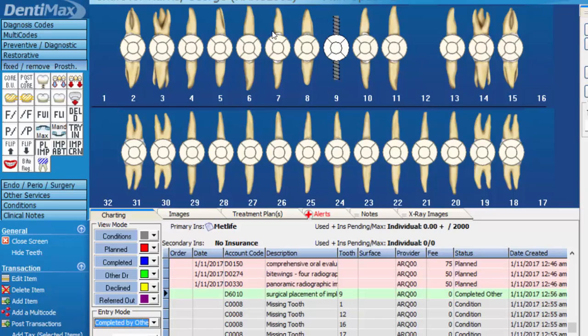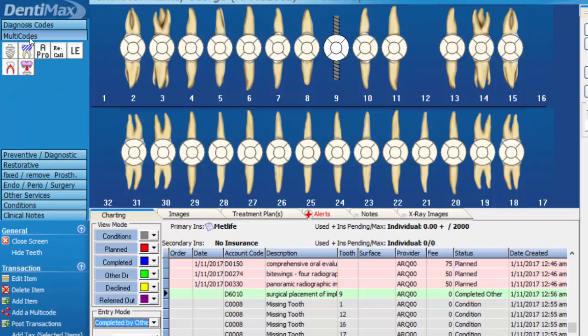Let's suppose, for example, the patient also has an existing root canal, post and core buildup, and crown on tooth number 30. You can actually create buttons for the multi-codes that you create in your system. So I have a separate multi-code menu. If I go there and hover over the buttons, again, I find that we get a tooltip telling you what each button represents. I'm going to select the root canal with crown and then just simply click on tooth number